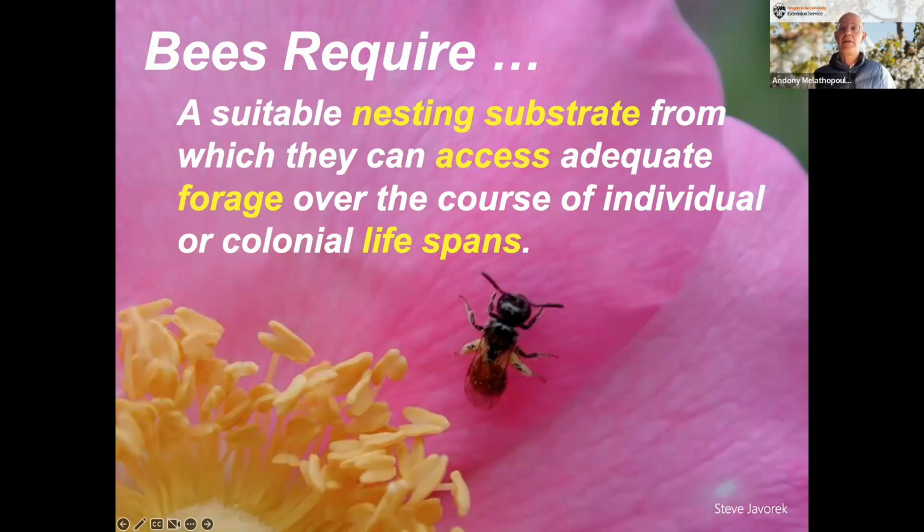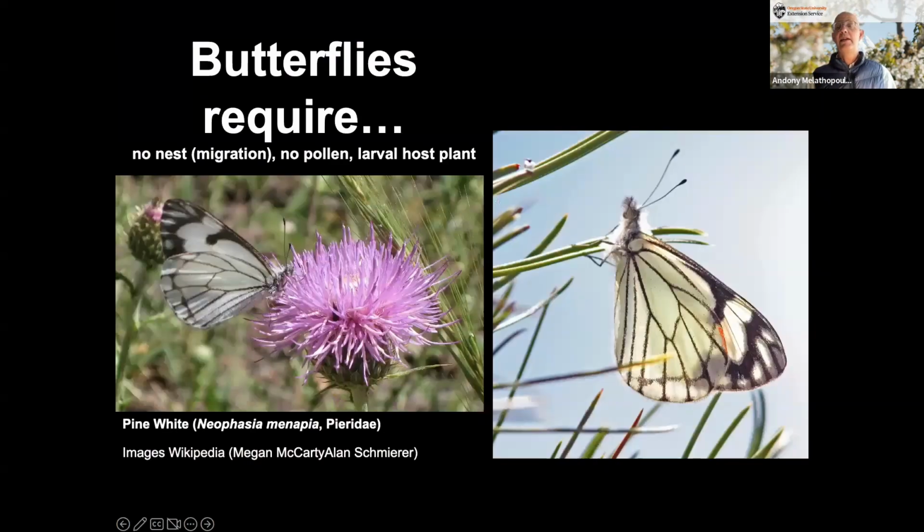Over the course of their individual lifespan, and you're going to learn today that many of our bees are solitary. But in the case of other bees like bumblebees or some of the sweat bees and honeybees, over the lifespan of their colony. Now, I want to just quickly point out, this is very different from other kinds of pollinators. Butterflies, for example, they don't create a nest. If you take this butterfly, this is the pine white,